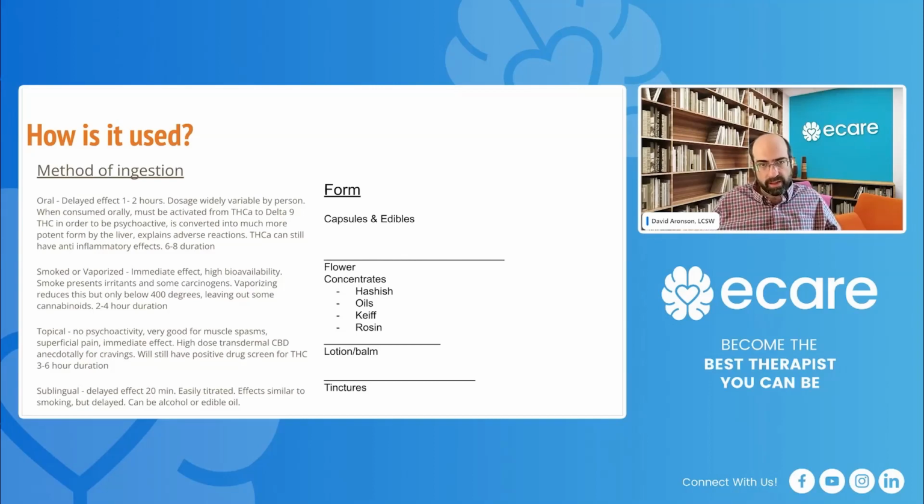Oral cannabis, however, can last up to 6 to 8 hours, but can have this greatly delayed reaction. And so anybody starting an oral cannabis needs to start at a low dose and be very patient, because it may have a long onset and then you're stuck with that feeling for 6 to 8 hours. Now, if you can get this to work for you, this is probably one of the best ways to use cannabis as a medicine, because again, it's not associated with smoking, doesn't have a lot of stigma, but also you get a longer duration of action. You don't have to use it as many times,